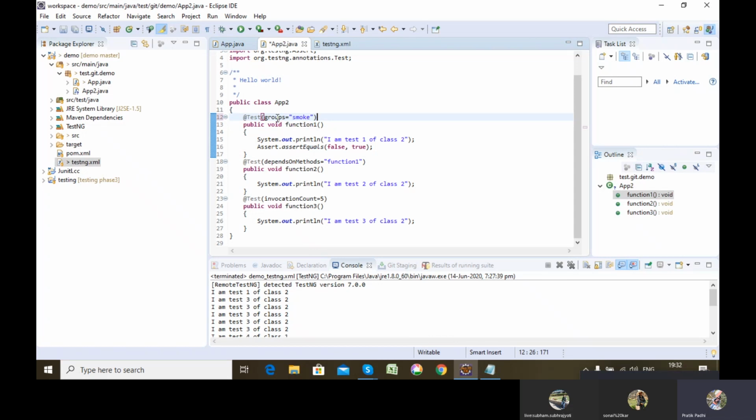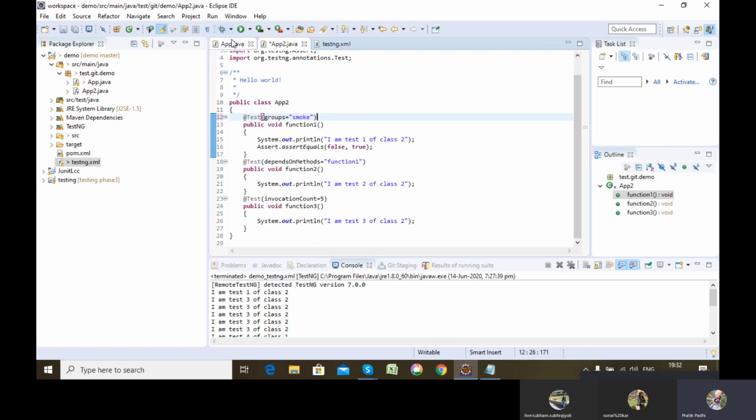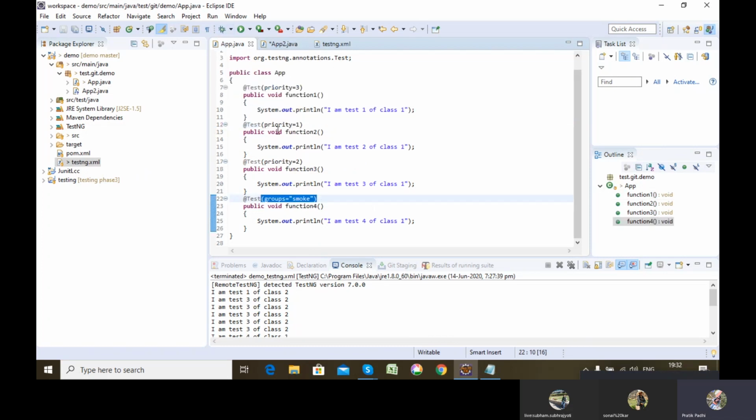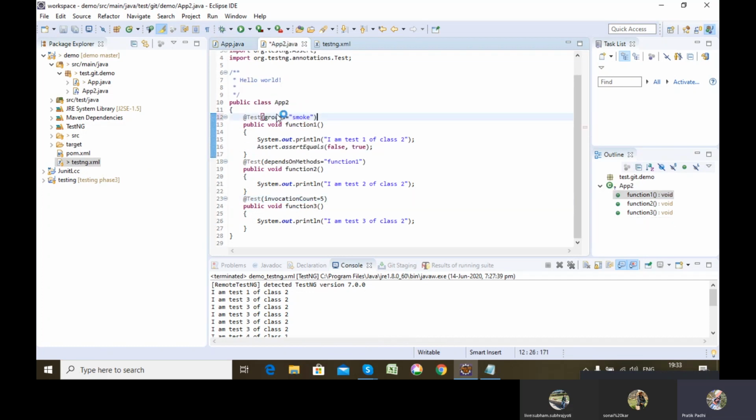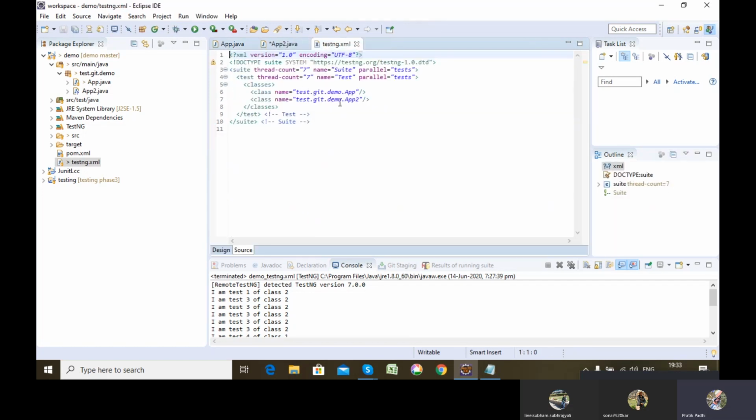So for that case, what I can do is I can assign the @test which are smoke test. I can assign that smoke test, and during my smoke execution, I will be running only those @test. Let's say for example, from this total test present, this test is smoke test and this test is smoke test. I just want to run only these two tests during smoke testing. So how will I do it? I'll just assign an argument group is equal to smoke, and in testng.xml what I'll be doing is